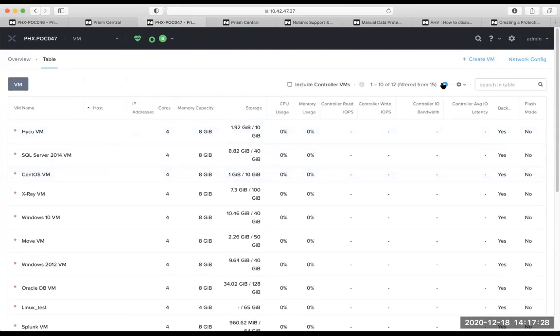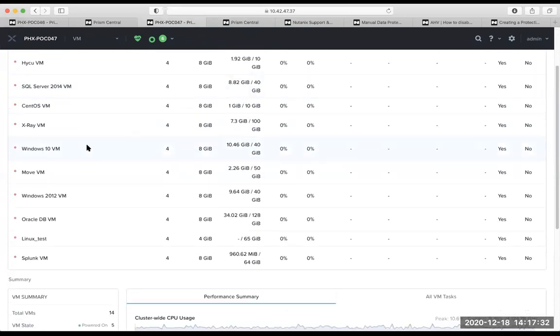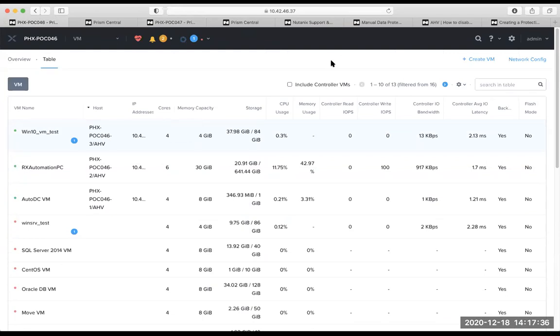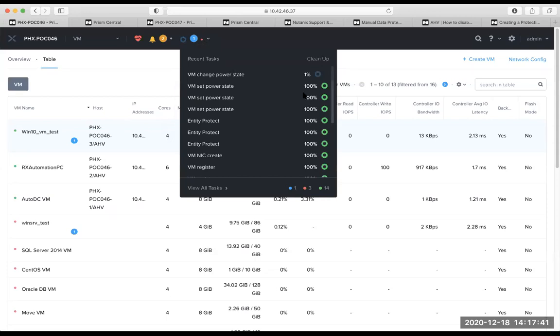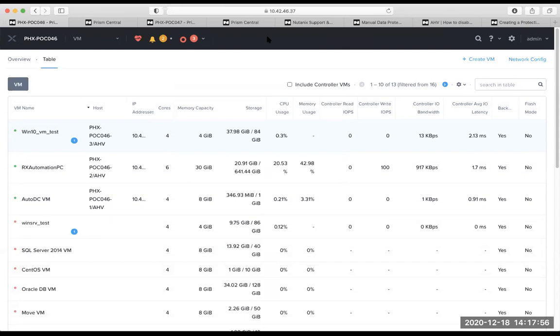Right now we don't have any VMs showing up here. Once the process initiates and it fails over, they will come up on the DR side. As you can see, it has initiated the process, and the VMs are on the way. Within some minutes, they will start reflecting on the DR side.